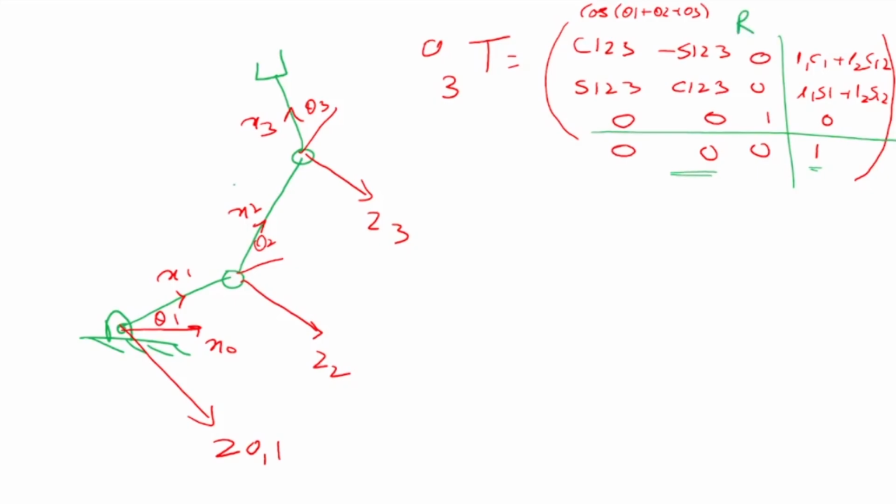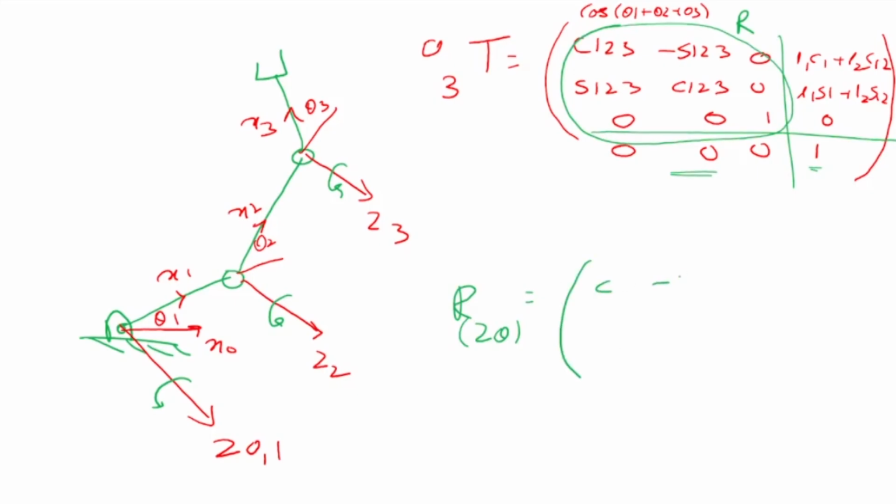Now in this manipulator system, the z-axis is the axis of rotation or translation. That means these are the rotations, and the rotations are all about z. So the structure of this rotation part will be the rotation matrix of z theta, which is equal to cos, minus sine, cos, 0, 0, 1. You can see it's still having the same structure. It's a rotation over z. That's the structure. What about this?